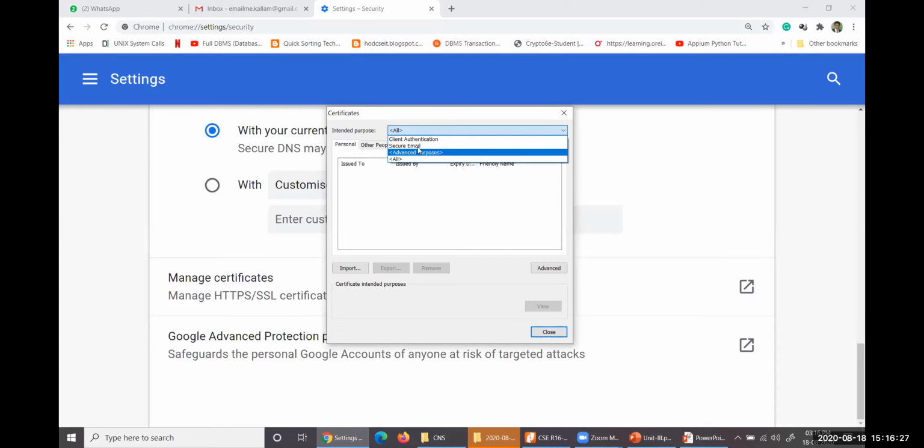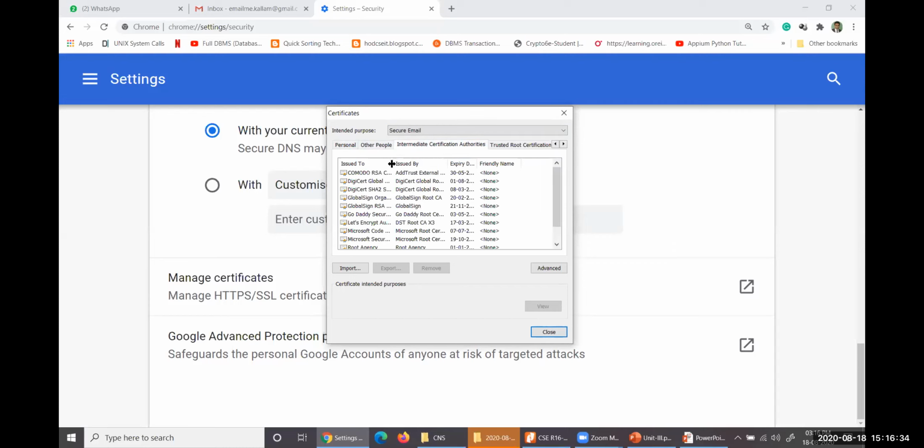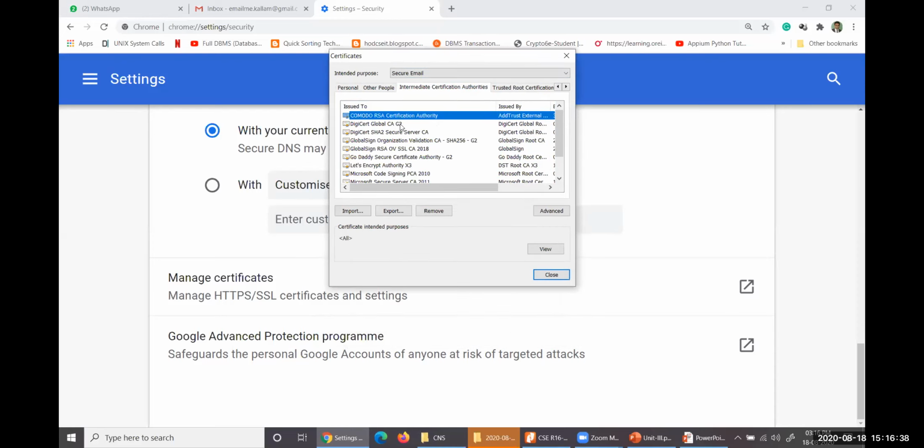You just open this secure email purpose and go for intermediate certification authorities. You can see all these certificates: Comodo RSA certificate, DigiCert Global CA G2, SHA-2 certificate, and then RSA certificate, and many more.